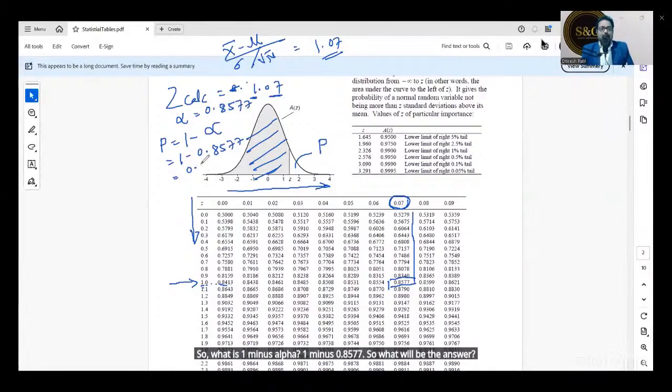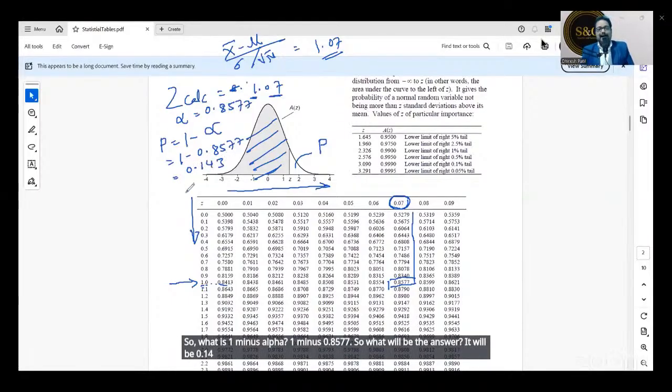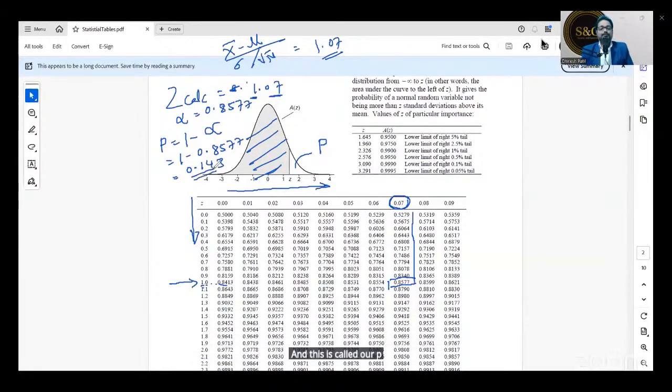It will be 0.143, something like that. And this is called our P value. Are you clear? So what is P? 1 minus alpha. Okay, and this is called the p-value. Clear, everybody? 0.143 is a p-value.